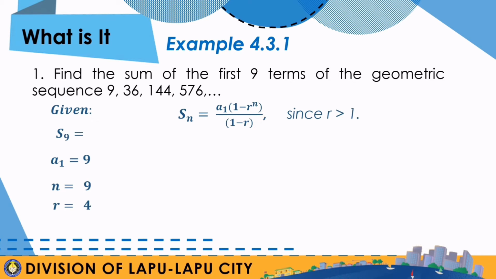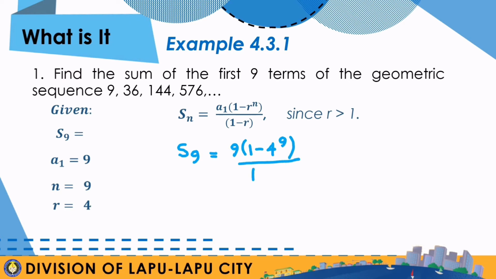So we can now proceed with our solution. S sub 9 equals, the first term is 9 times 1 minus, our common ratio is 4, and n here again is 9